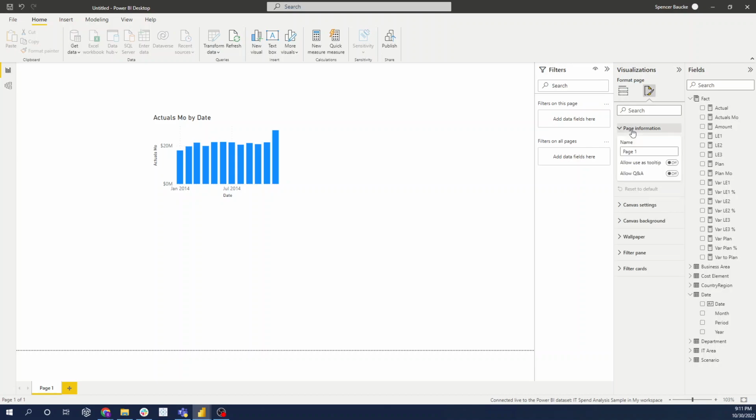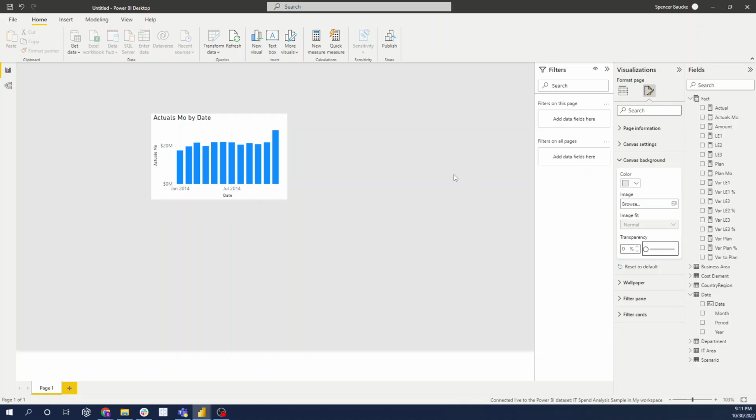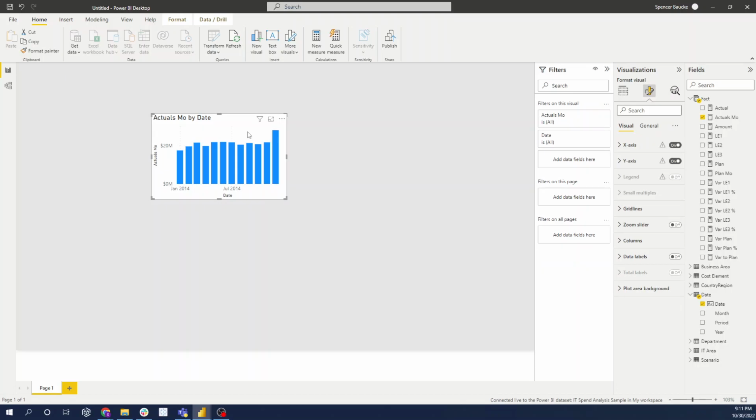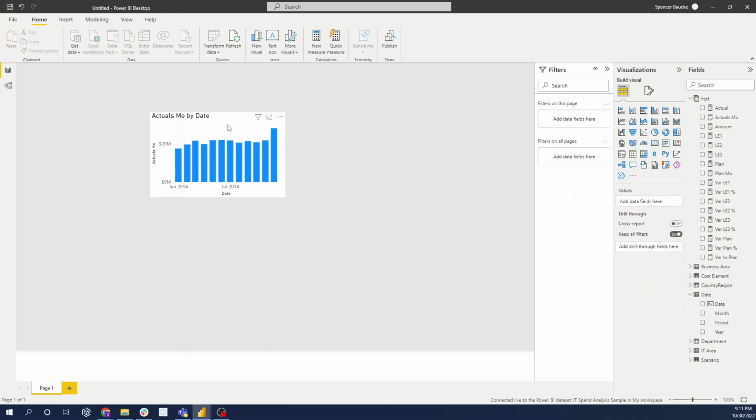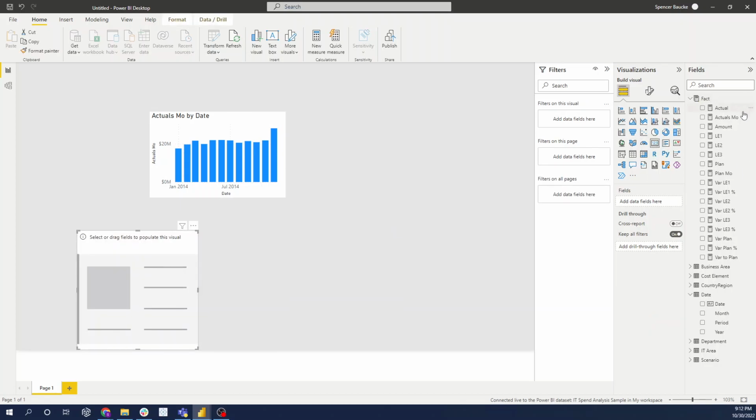Let's see here. Oh, okay, the transparency was turned to 100. Well, that's one reason why. Okay, so we got this value. And now what we're going to do is we're going to take a card. We're actually going to do